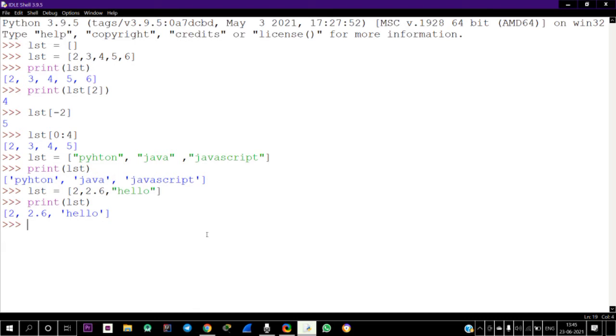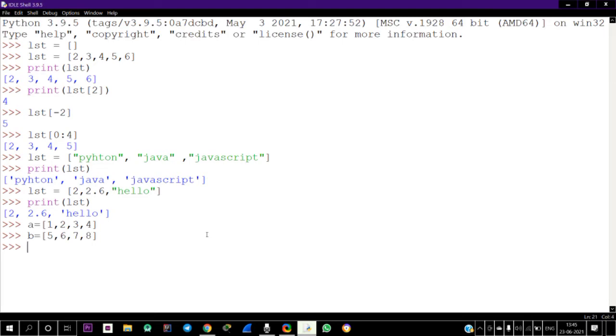Now I'm going to create two different lists. A equals 1, 2, 3 and 4. B equals 5, 6, 7 and 8. Now I am going to merge these two lists into a single list.